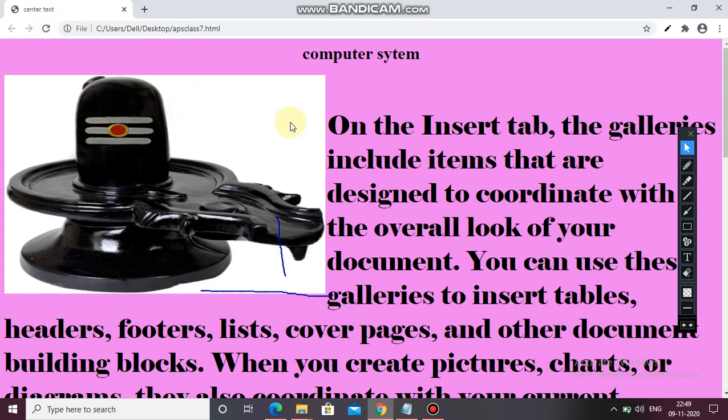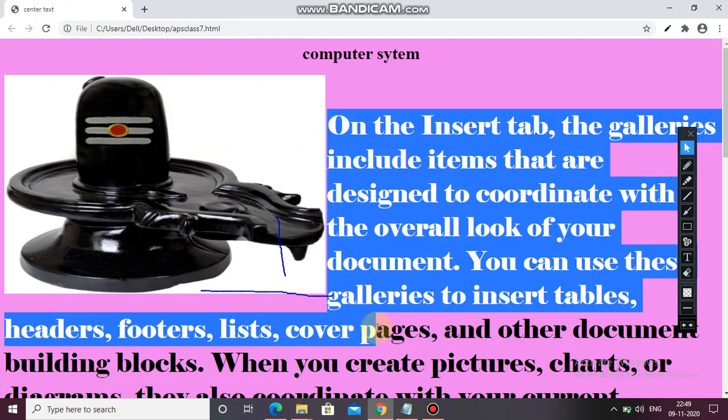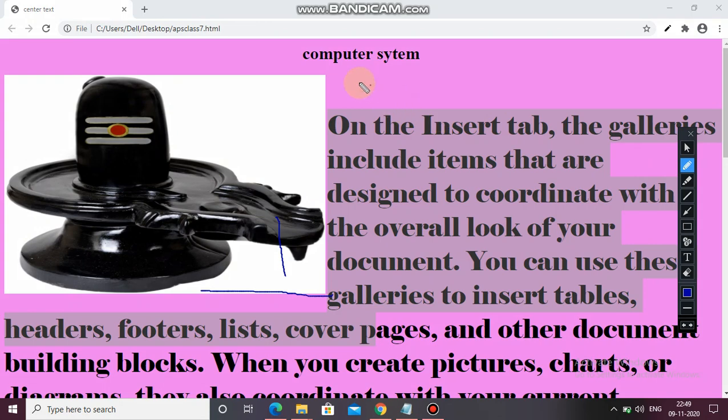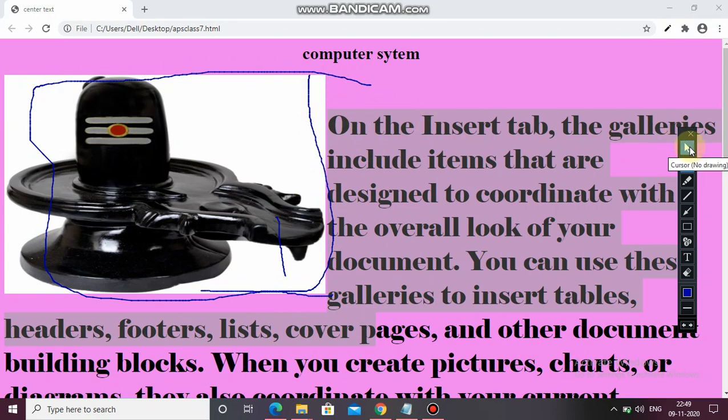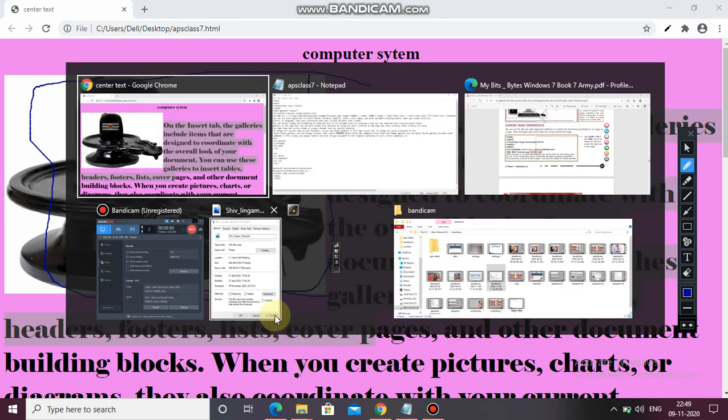See here, the text wrapped here, and the image, okay, here. I think it is visible to you all easily. So you can align your image left, right, wherever you want. I hope this is clear to all.